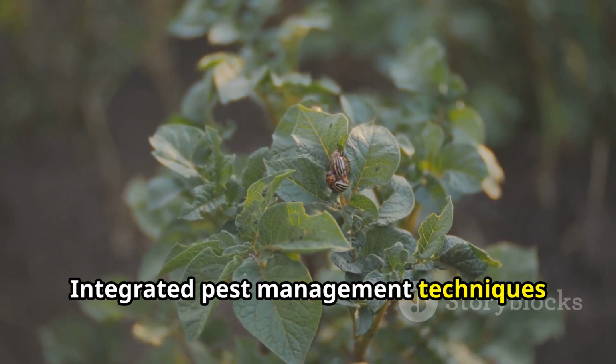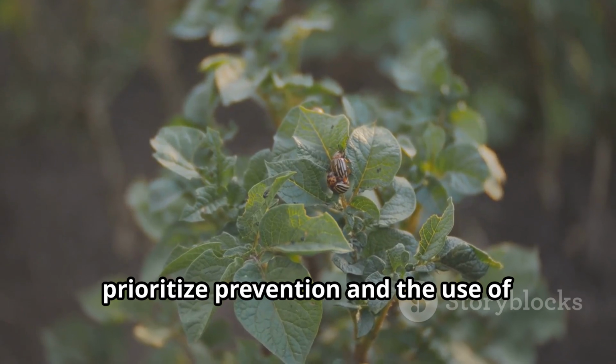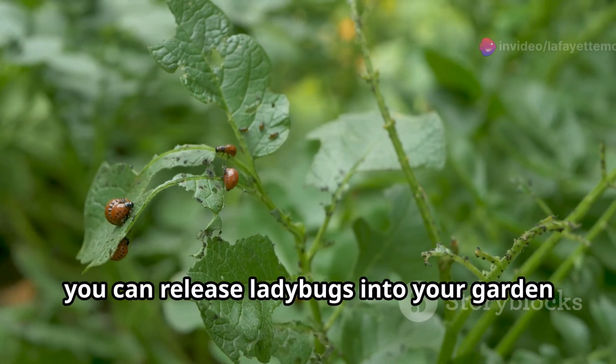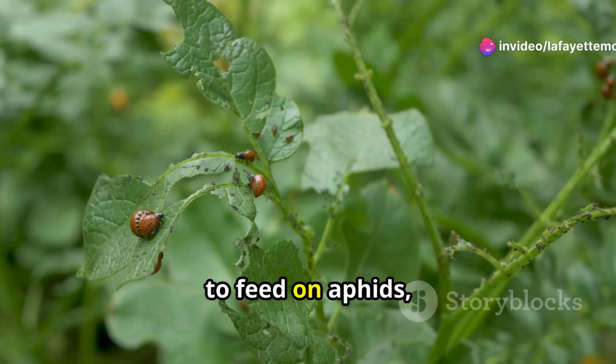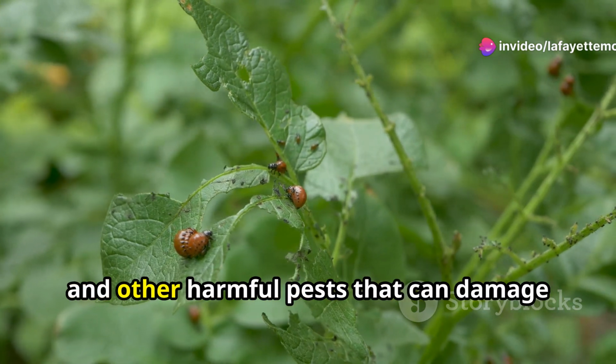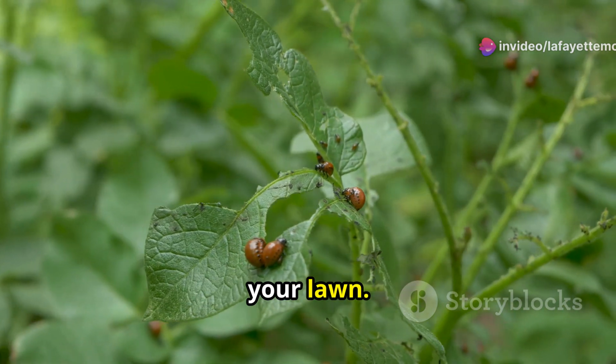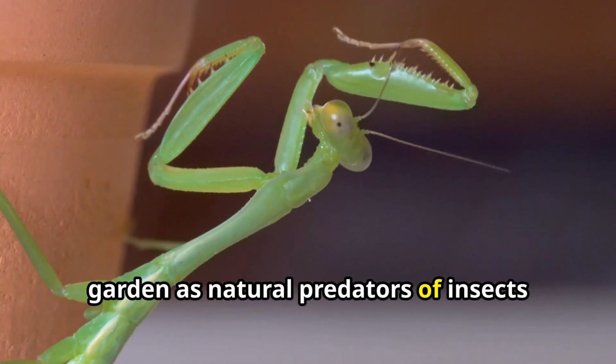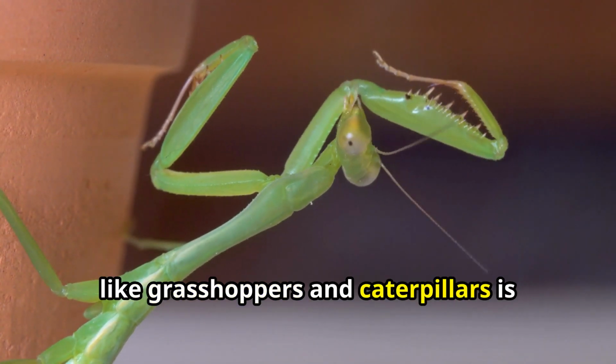Integrated pest management techniques prioritize prevention and the use of natural predators over chemical pesticides. For instance, you can release ladybugs into your garden to feed on aphids, mealybugs, and other harmful pests that can damage your lawn. Attracting praying mantises to your garden as natural predators of insects like grasshoppers and caterpillars is another